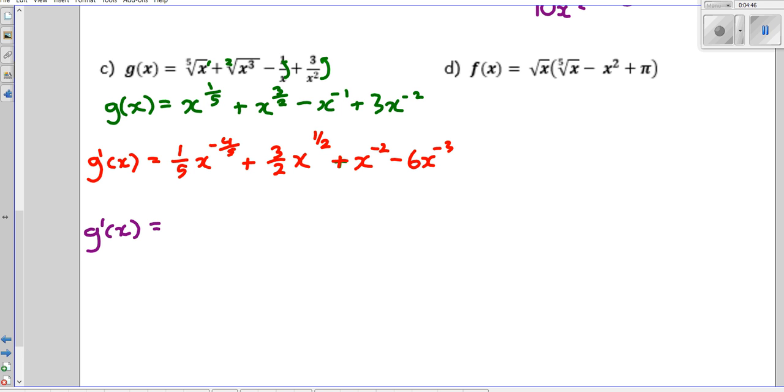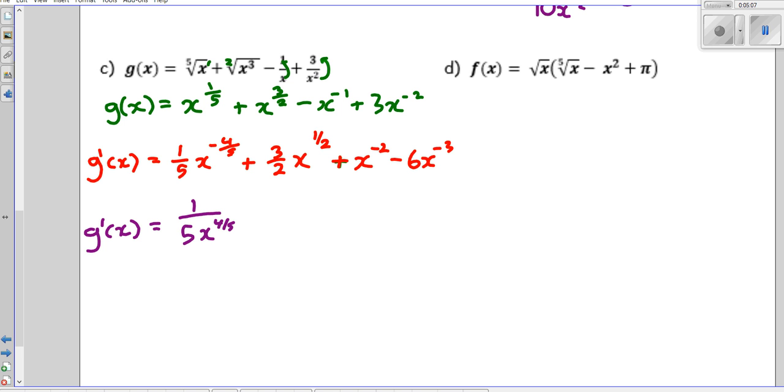So if you're in Australia, remember you're not allowed to have negative indices. So imagine if they said express your answer with no negative indices. How would you write this term? Could you do 1 over 5 over x times